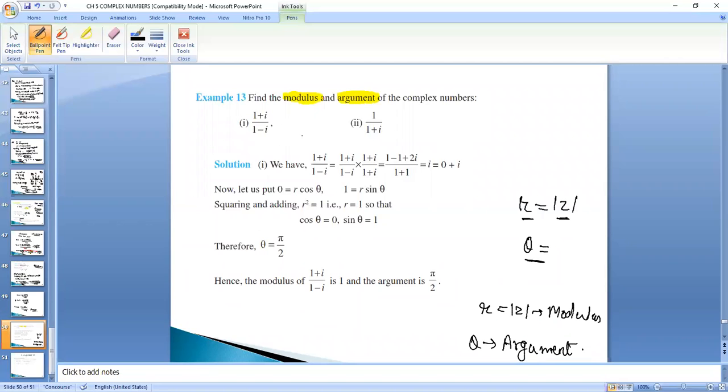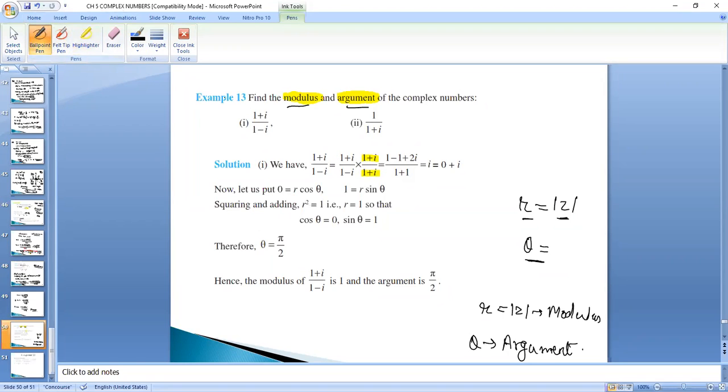So you must be knowing that what you have to calculate. The same way we know how to calculate R, we know how to calculate theta. Only there is a twist in the statement. So we have given the complex number 1 plus iota upon 1 minus iota. Again, we will see the complex number is in the denominator. Whenever there is a complex number in the denominator, we will rationalize. So we are multiplying it with 1 plus iota and we are dividing it with 1 plus iota.